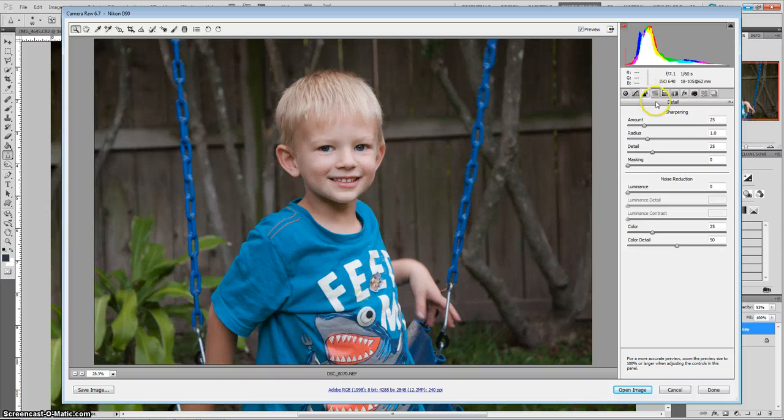PSE does have this. Now, in the noise reduction, I believe they just have luminance and color. I don't think they have all the details, but I always do 10 to 25-ish. Even if you can't see the noise, I always noise reduce. If there is noise, I do a little bit more, but I would zoom in a lot further. And then there's also